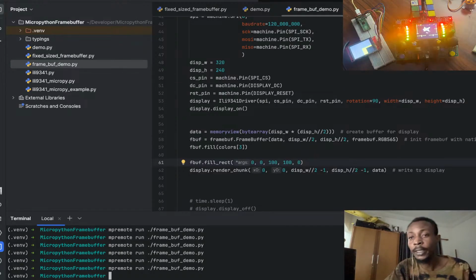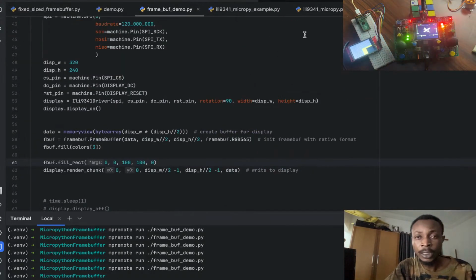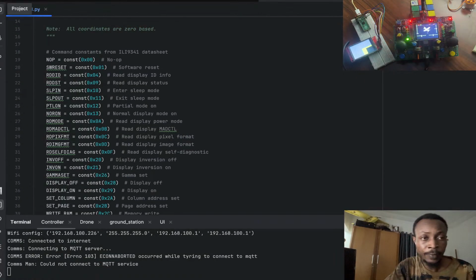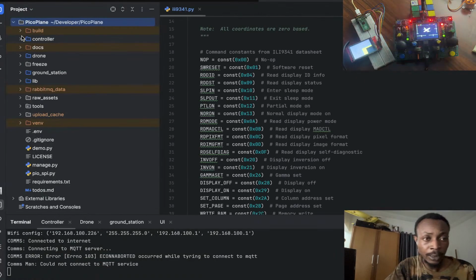And that is pretty much the idea I have implemented in